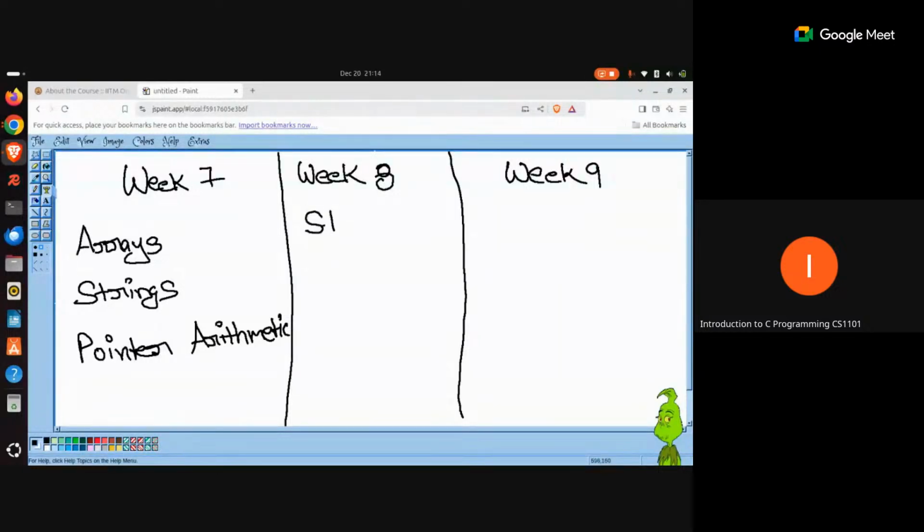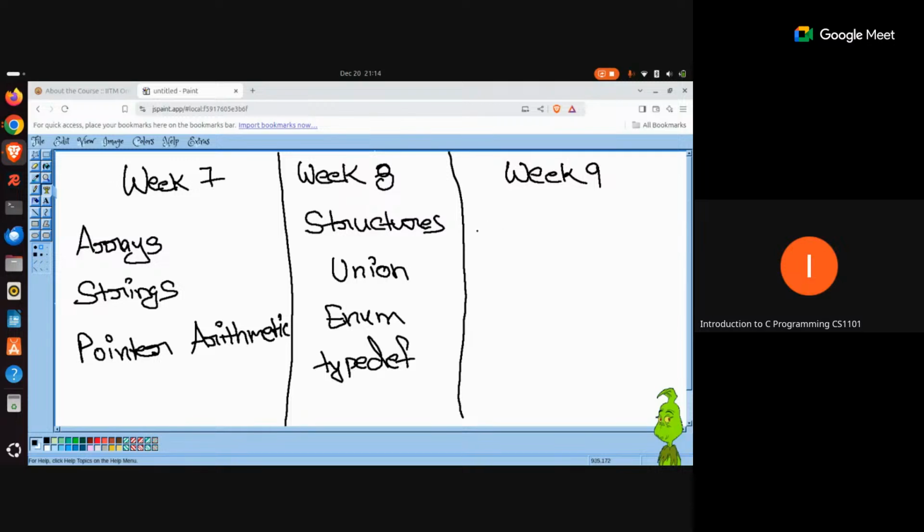In week 8, there are some additional user-defined data structures that were introduced, mainly 3. One was struct, or structures. One was union, and one was enum. Each of them has its own significance and is used for different purposes. But all of them are user-defined data structures that one can use while writing C programs. In addition to that, there is one more keyword you might have heard about this week, which is typedef, a keyword you can use to create a new data type. We will talk about that when we get to it.